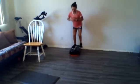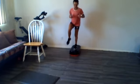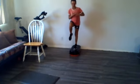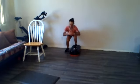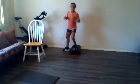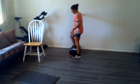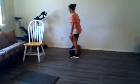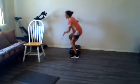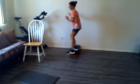If we want to take that to a slightly higher level, we can squat and stand, squat and stand. That becomes quite a bit harder. And if you want to do that with a little bit of balance, you could always do the same thing, but just putting 2 fingers against the wall in case you need that. So again, squat, stand it up. Soft landing,